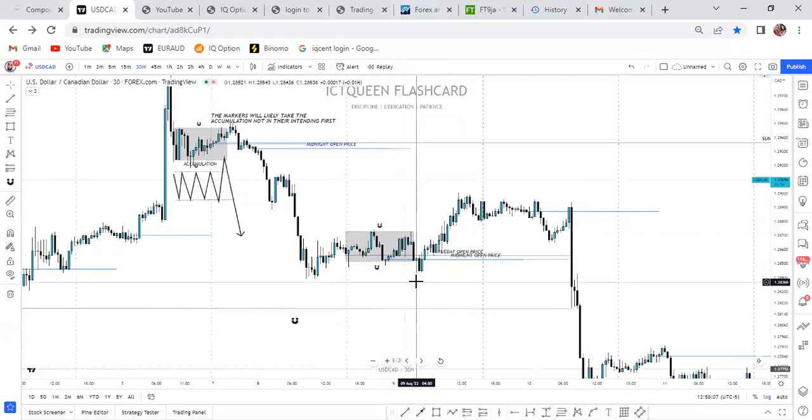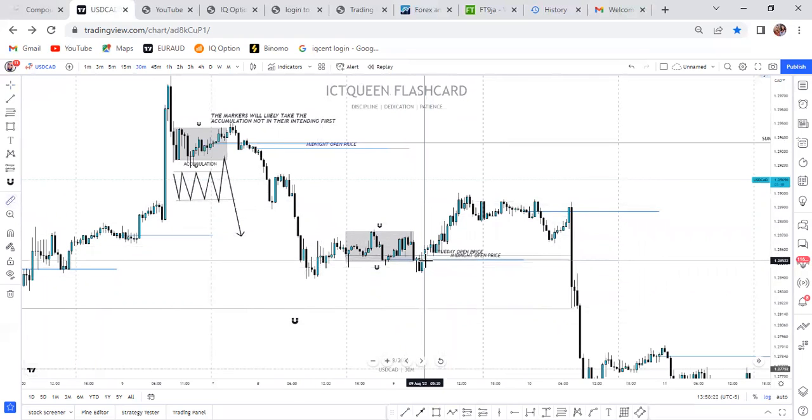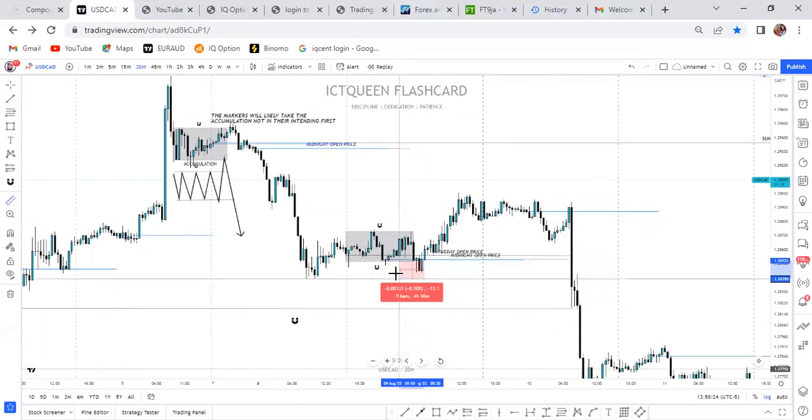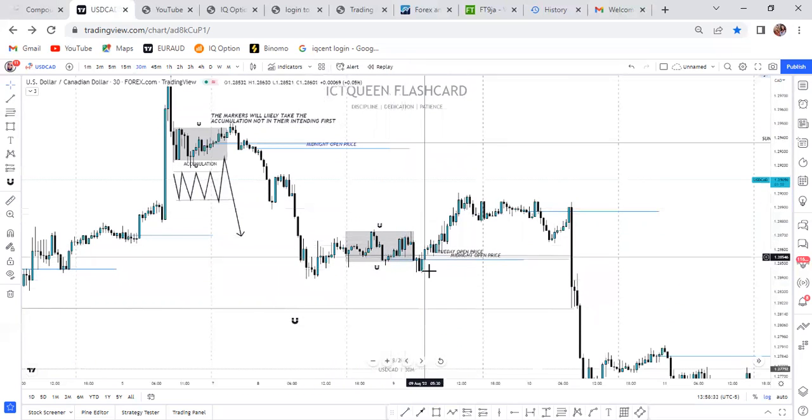Right? So if we are looking for a bullish intraday, you may want to wait and see sell stops below the accumulation run. You want to see smart money take out liquidity resting below the accumulation. And now let's see how many pips they took out below the accumulation. 9 pips. So this accumulation, you just have to wake up in the morning, look for your Asian range. You box your accumulation. You wait for smart money to what? Drive price